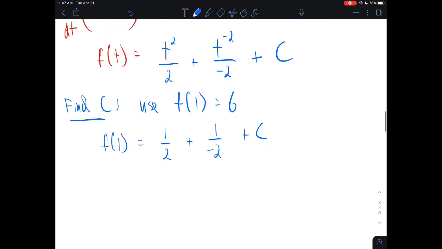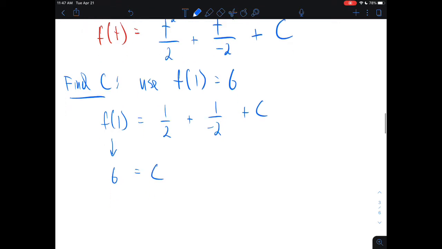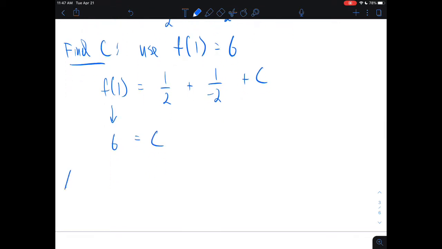We're given that f of 1 is 6, and 1/2 plus 1 over negative 2, that's the same thing as 1/2 minus 1/2, that's 0. And 0 plus c is c. So this tells us that our answer